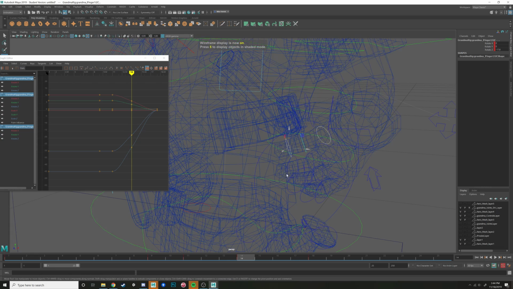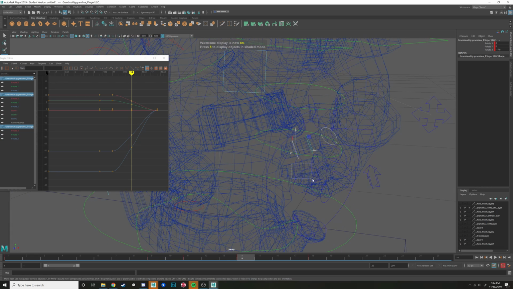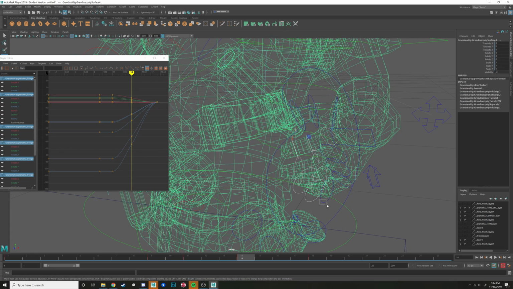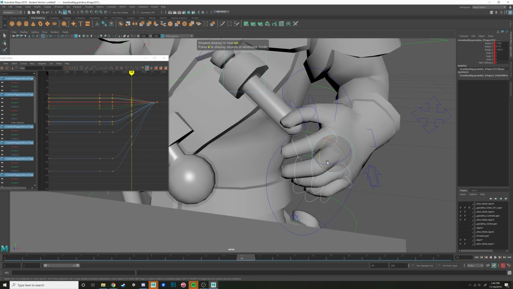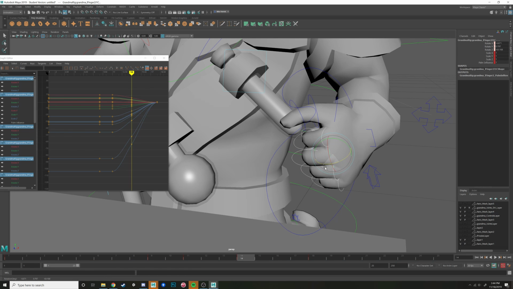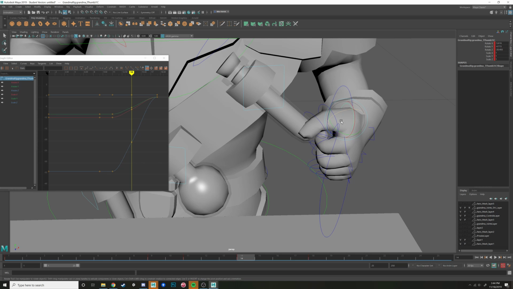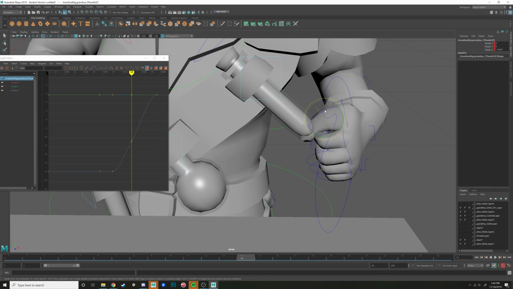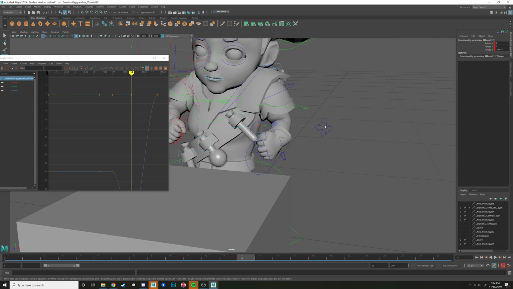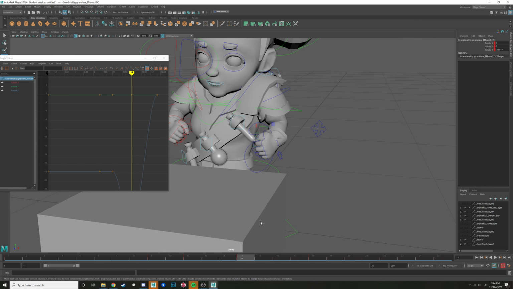I'm just gonna go into form mode and see if I can select these easier this way. It's looking like it. Nice. Okay. To get these, I'm gonna only rotate on the Z. That way it doesn't look like any of my fingers are breaking. Right here. Right here. All right. So now,